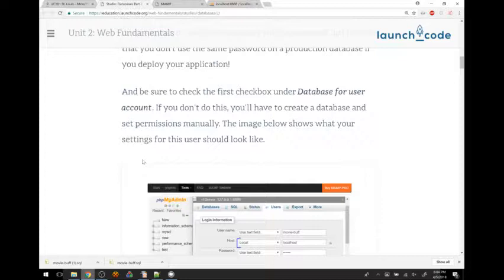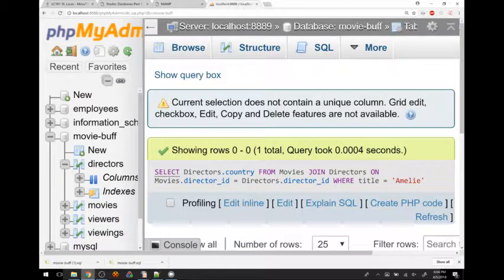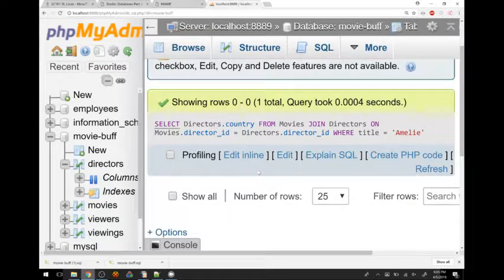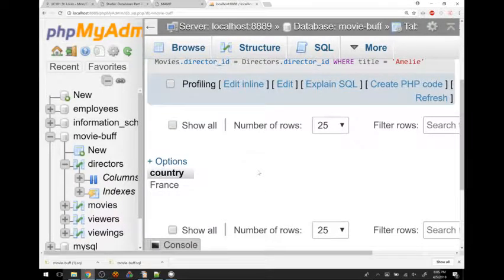Question? I noticed in your queries the tables are capitalized, but in your data it's actually lowercase. Yeah. I guess it's not case sensitive. It's not case sensitive. SQL is famously not case sensitive. Most languages are. Python certainly is. For most things, SQL is very famously not case sensitive.